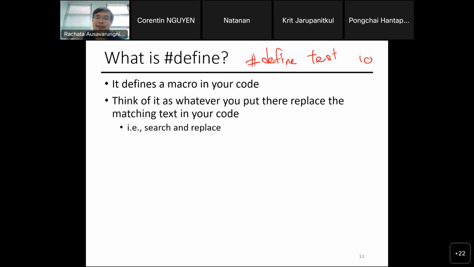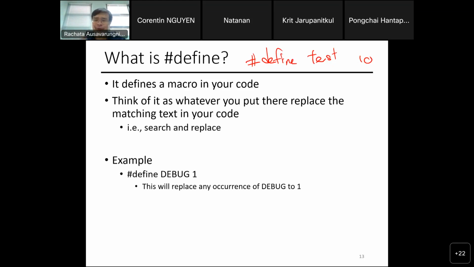So think of it as replacing one text with another text. You replace TEST with 10, a search and replace. This is useful in a context like, let's say I want to enable an easy way to print a lot of things when I debug my code.